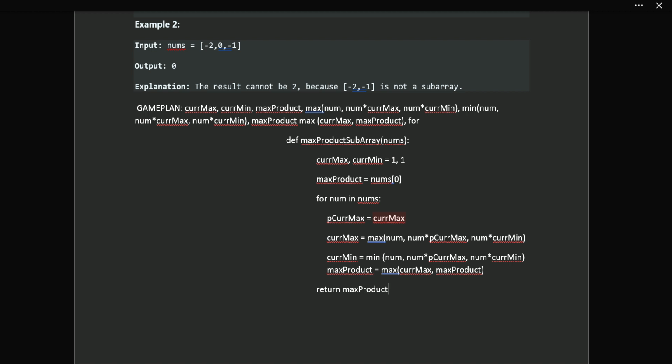You just have to keep in mind that you're going to have to utilize the absolute value in certain situations, because if there's a negative number that comes through and there's a negative for your current min, that could end up being your highest positive, and that could be what you want to utilize. So you got to keep that in mind because it's multiplication. So going through this, you can look at